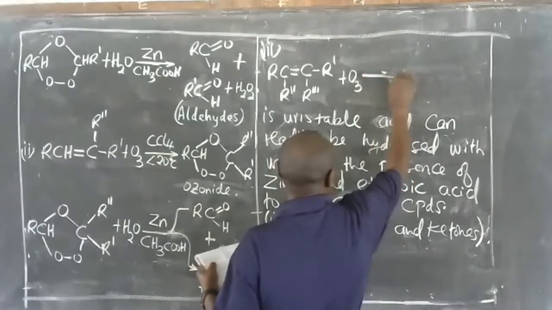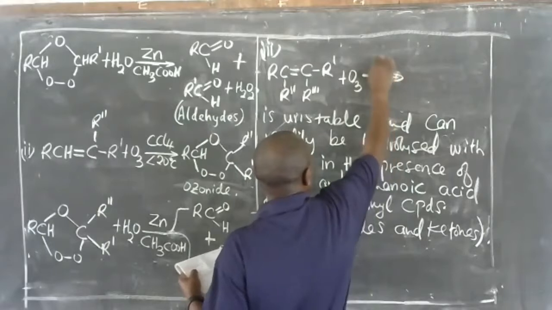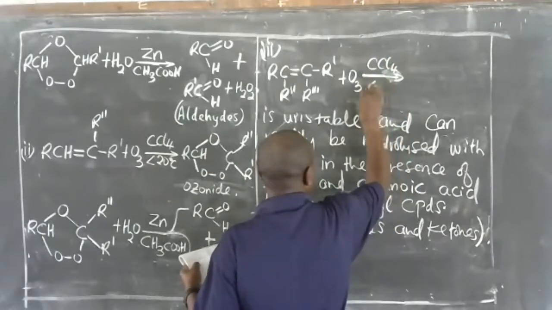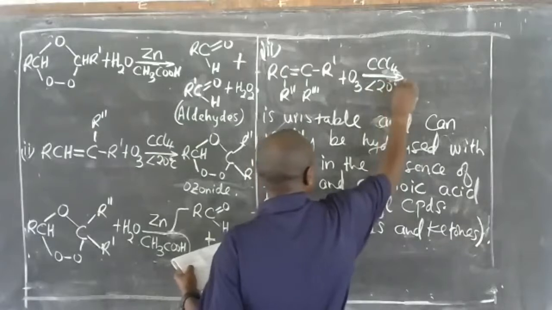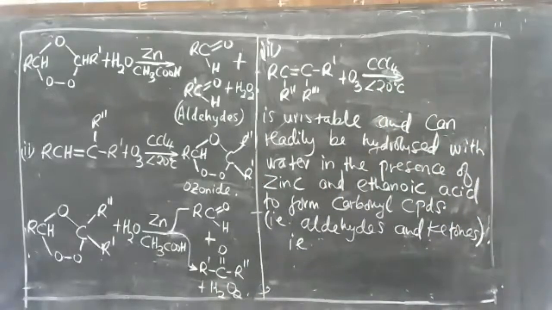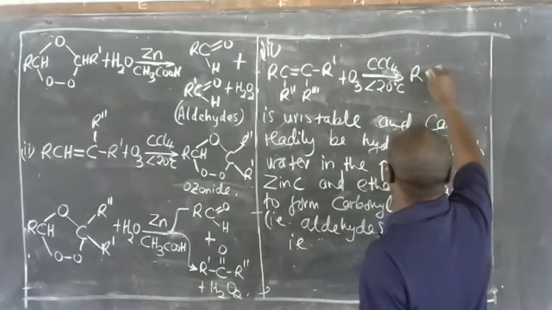Plus ozone in the presence of carbon tetrachloride at less than 20 degrees centigrade, we get ozonide. Which ozonide is going to be, we can have what? R, C,